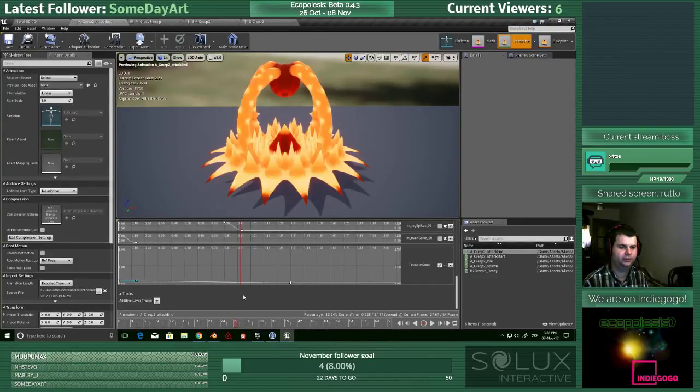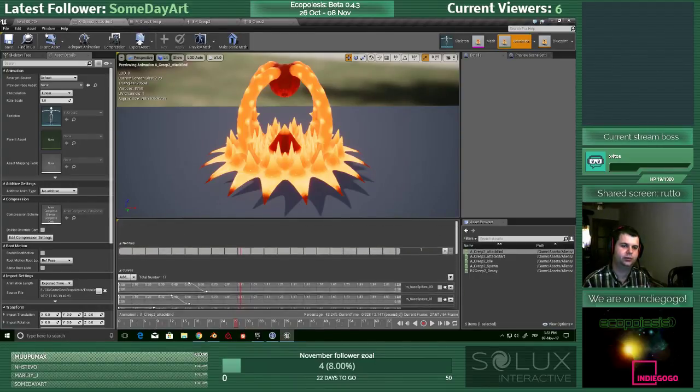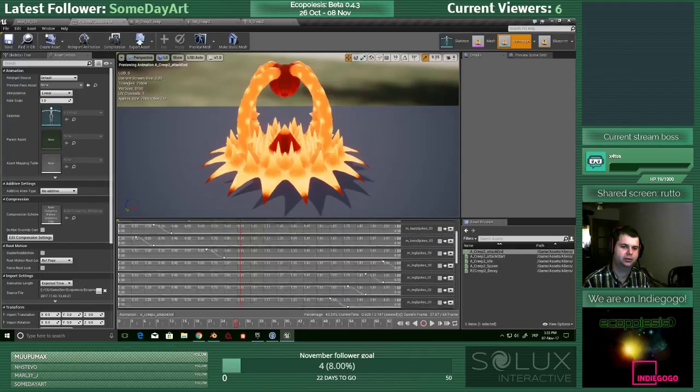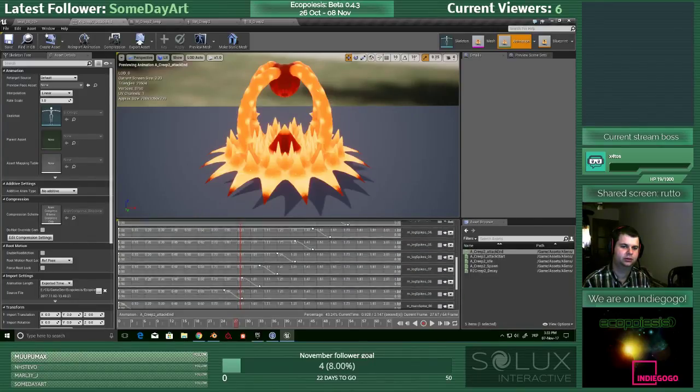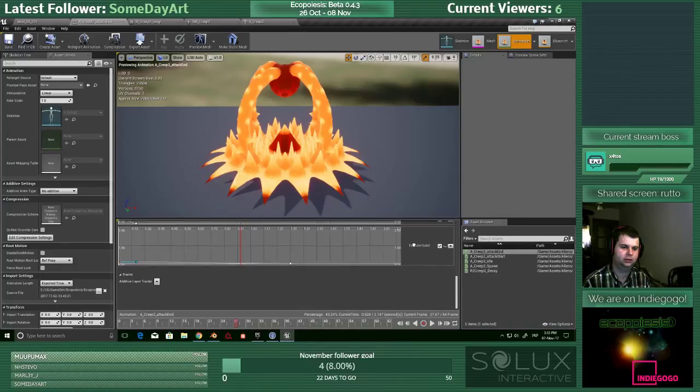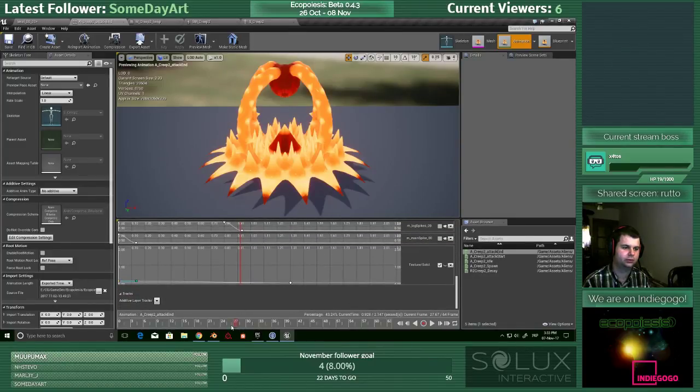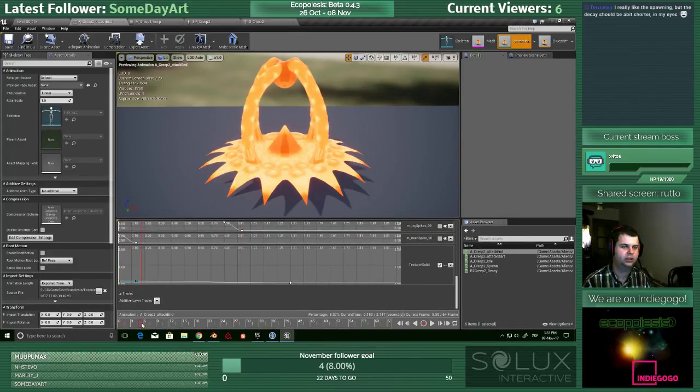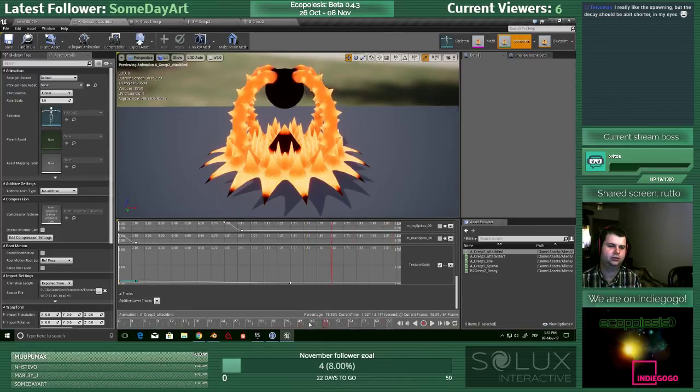Most important thing of today, I think, is that I learned how to use material parameters in animations, and that seems really cool. So there is no need to hire that